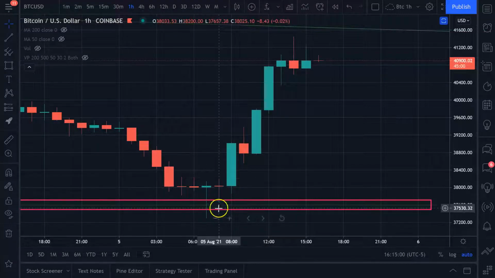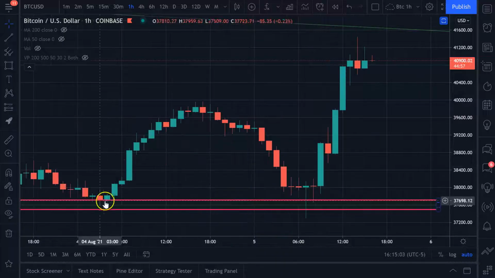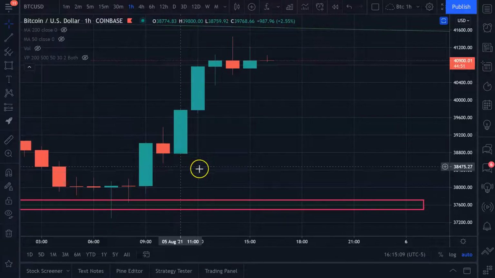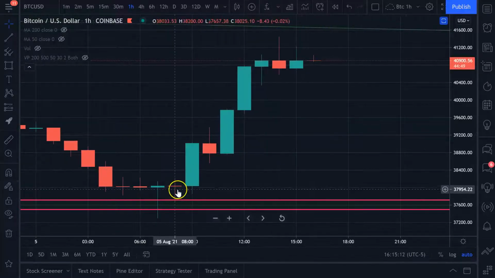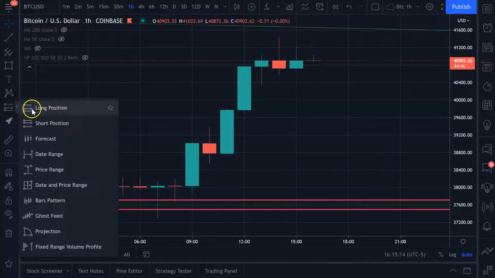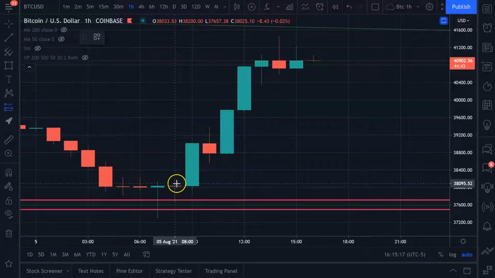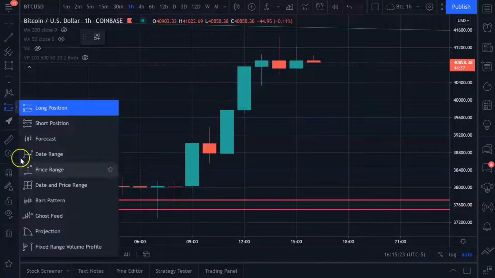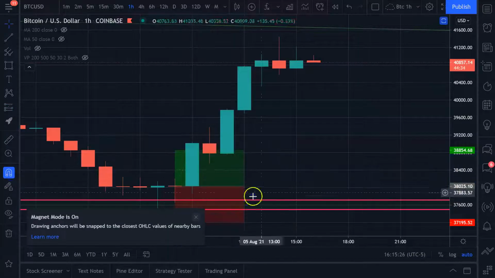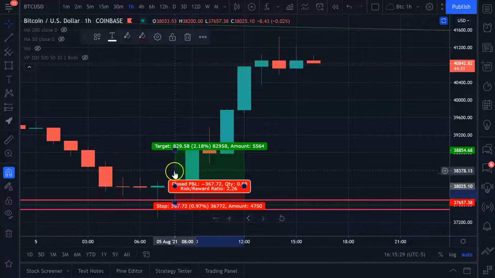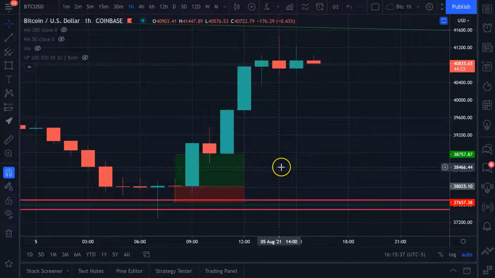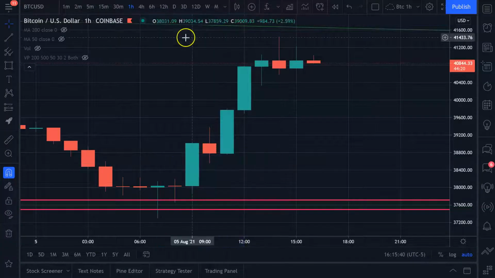So anyway, this next candle comes down, tested that same zone here, right? The zone that was from back here, bounced right off of it. So again, you could even take a trade here. And ironically, you'd almost be better off waiting in this case. But again, it's a hindsight thing, right? You wouldn't know that it was going to have another one of these. It might have just shot straight up from there. So if somebody did take a trade there, their trade might have looked like this, right? Enter on the close of the right candle, stop loss at the bottom, about a 1% stop, meaning they could take a larger position, 2-to-1 risk reward, boom, there you go, right? Just like that. So there's lots of different ways to approach it.